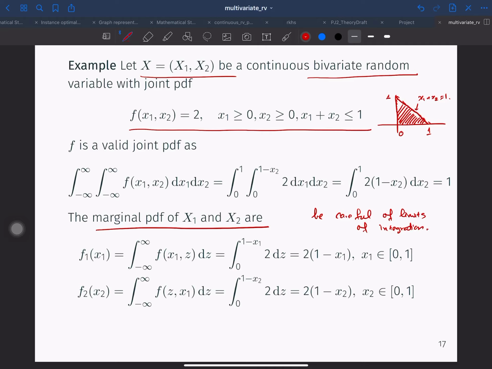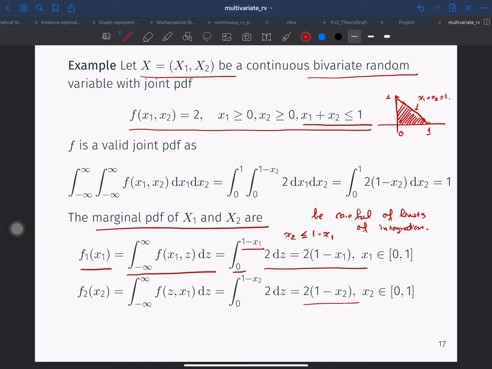So the marginal PDF of x1 is defined by writing this integral out, but due to the limits of integration, x2 has to be less than or equal to 1 minus x1 due to this constraint here. So therefore x2 only goes from 0 to 1 minus x1. And so if you do this integration, you get out simply this as the marginal PDF for x1, and the same, or just by symmetry,